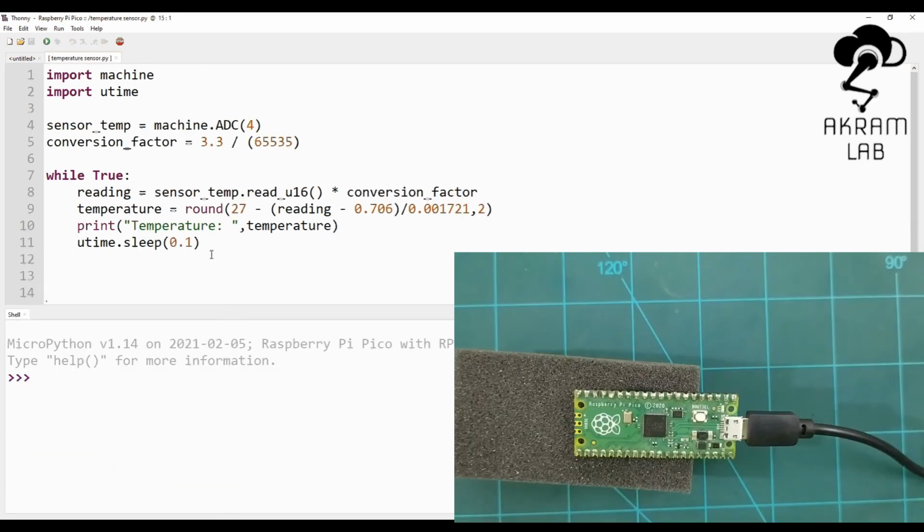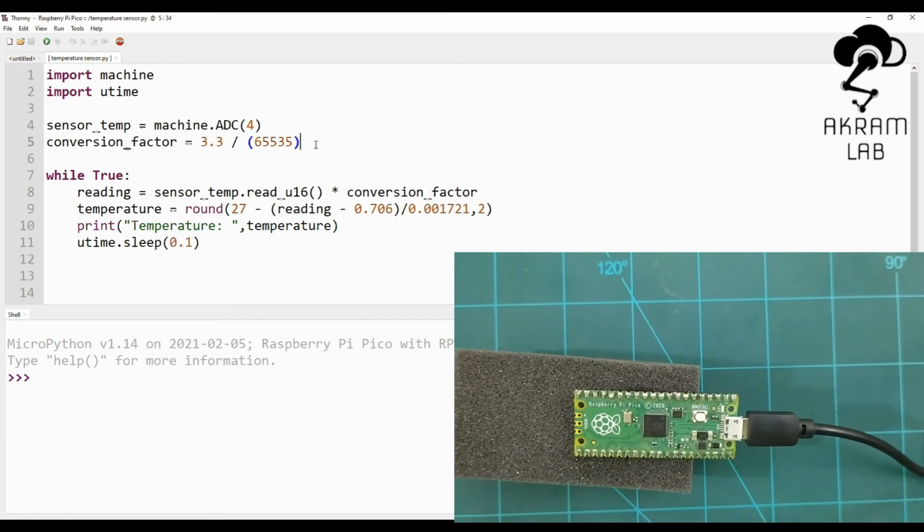Now I am going to read the temperature sensor which is already inbuilt in the Raspberry Pi Pico, and here is the code to read the temperature. The code is almost the same, but there is a conversion factor. This conversion factor is the analog to digital conversion, because there is the logic value of 3.3 volts and this is the 16-bit quantization level.